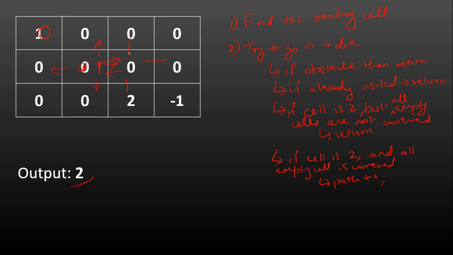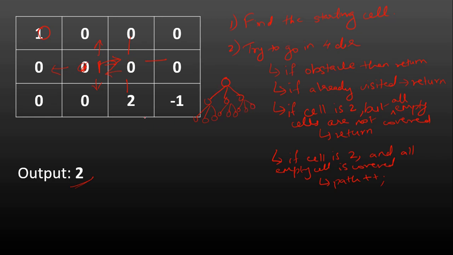So once I take a path, I can only go in 3 directions, right? And in all 3 directions I will first take a path, and then I'll do a backtracking based on whether I reached the cell 2 or not, and whether all the empty cells are covered, right? So if you see, it will form a tree, but it will form a tree for 3 directions. So from here I am going to 3 particular directions, and then again I am going from each cell to 3 particular directions, right? So it's forming a tree.